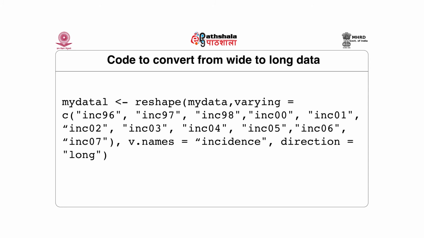I'm going to read you the code and explain this. We have decided to store the initial data from a wide format into a long format by first reading the data from a CSV file and storing it into my data, and then reshaping it. So we say reshape my data. Then we add an option called varying. In the varying, we indicate what are the time varying